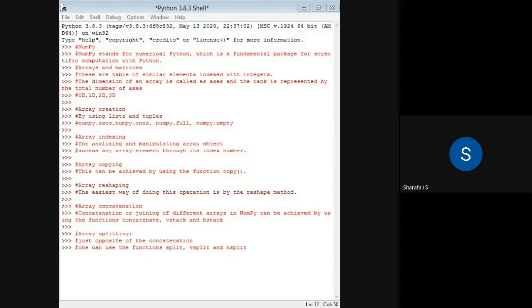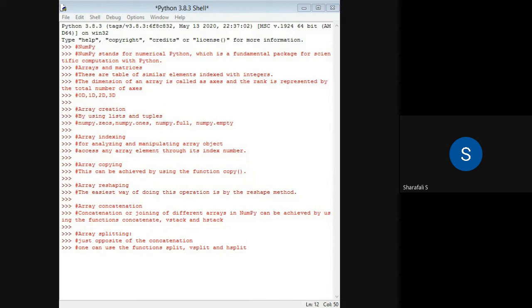This is very useful when, suppose you want to perform an operation on a particular part of the array. Then you can copy that particular part from the parent array and do whatever operation is required, in such a way that the original array will not be affected by these operations. Okay, so this is also very important when you are considering different operations with arrays.